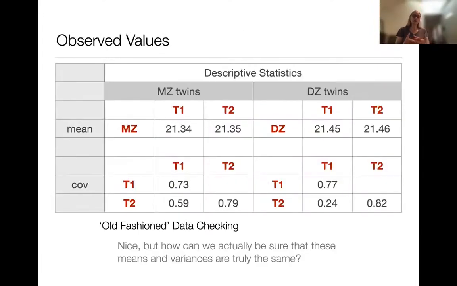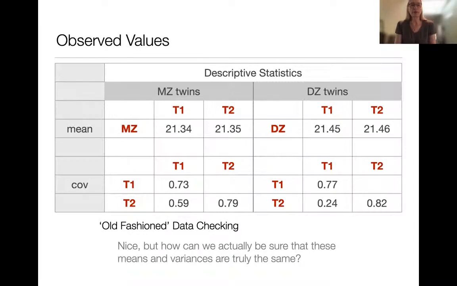Now, let's have a look at some actual numbers that you could get out of collecting data from twins. So what we have here is some descriptive statistics. We could calculate the means for both twin 1 and twin 2 in MZ twins as well as in DZ twins. And we can work out what the expected covariance matrix looks like. Of course, a covariance matrix is always symmetric with the variances on the diagonal and the covariance on the off-diagonal